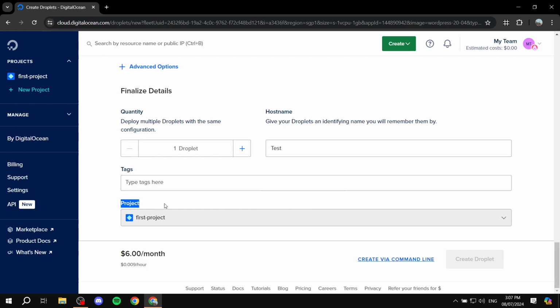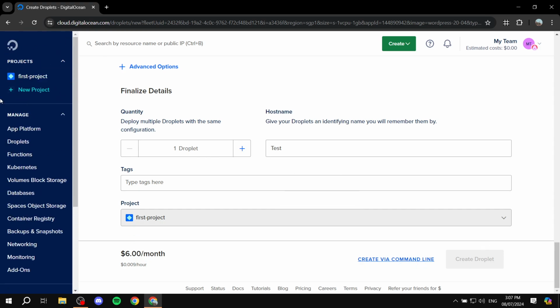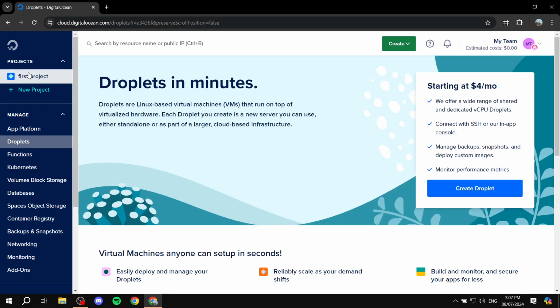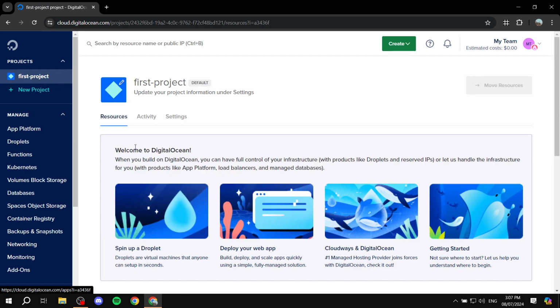And here we can just select which project we want to create this for. We only have the one, so we can just select the one, but if you have multiple, we can just create multiple. And once you're done, you can just click on create droplet. They're going to confirm your payment method, and it's going to be created for you. And you can actually see them from within the manage tab and go to droplets, and you can just find them in here. Or you can just go to the first project here and find everything that you have created for